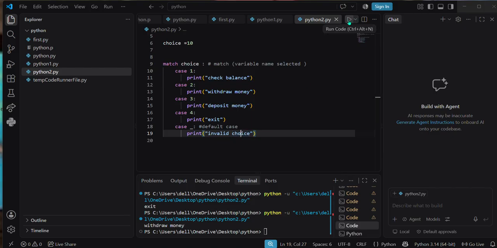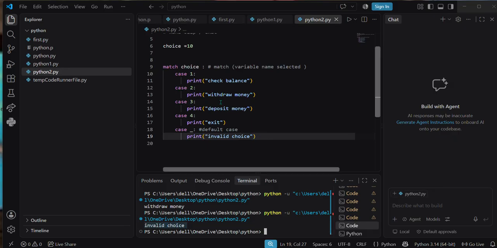So now let's run it. It's an invalid choice because my entered choice was 10. So the underscore acts like an else block. It only runs when none of the various cases match. Right. Now let's make something